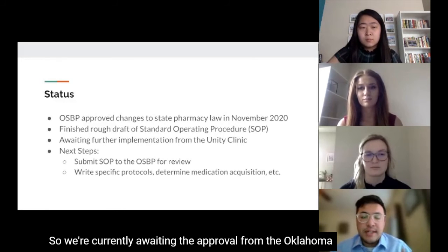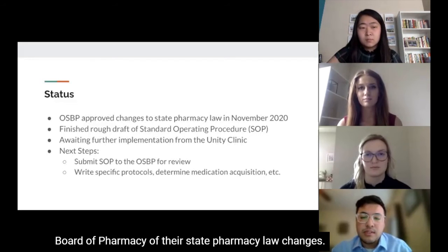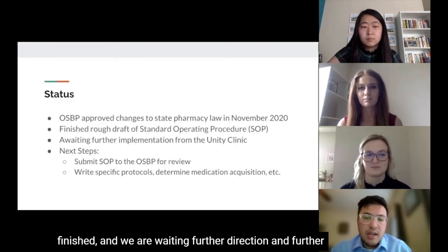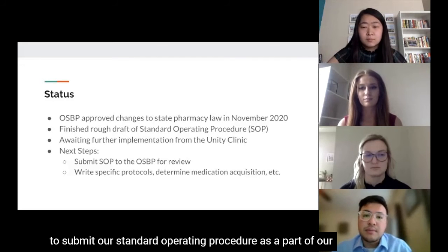So we're currently awaiting the approval from the Oklahoma legislature as they've received word from the Oklahoma State Board of Pharmacy of their state pharmacy law changes. The rough draft of the state standard operating procedure has been finished, and we are awaiting further direction and further implementation for the Unity Clinic